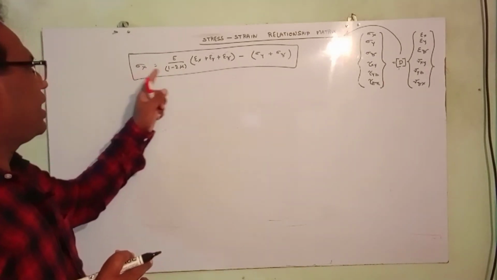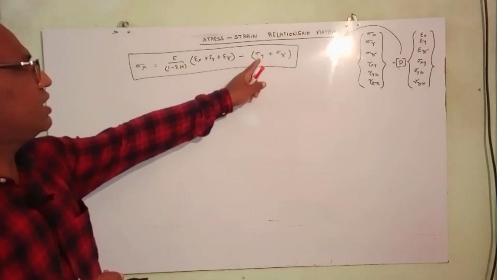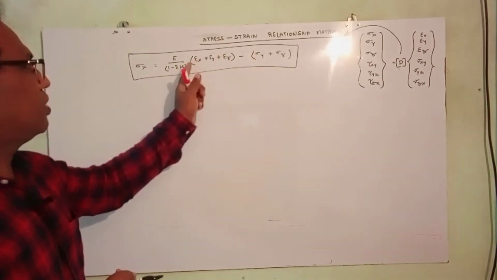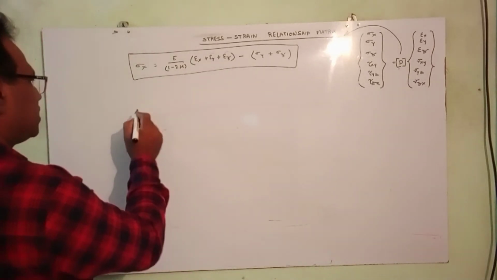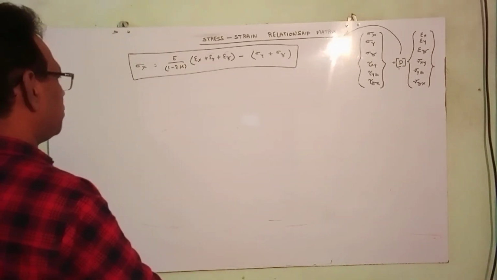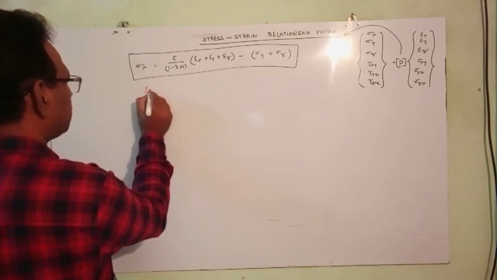Now I am going to rewrite this equation by eliminating sigma y and sigma z in terms of epsilon x and epsilon y and epsilon z. For doing this, I am considering equation 1. What is equation 1? From equation 1,